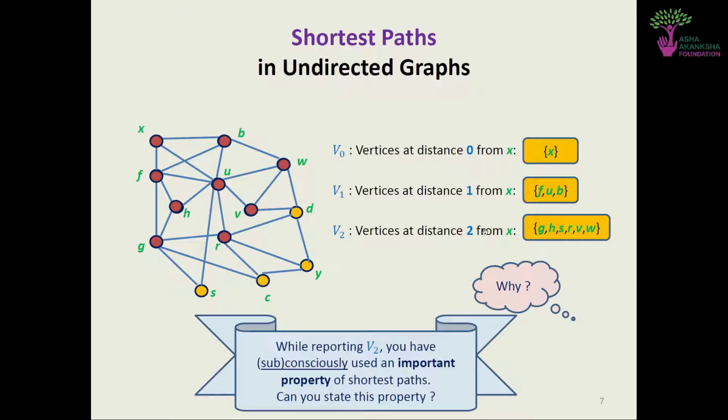And these are the examples. Then we can just continuously say for others. So v3 would be for distance 3, v4 would be for distance 4, and then so on.